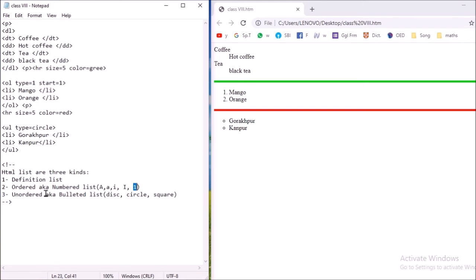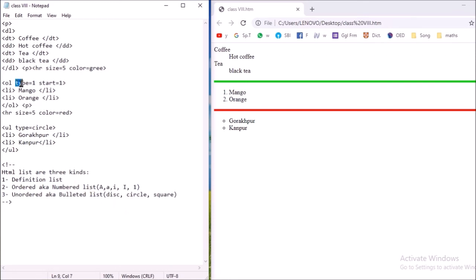And there are 3 kinds of unordered list. Disk means black disk. This is the default. When you do not give any setting in an unordered list, the default bulleted list is black disk. Then circle and square. And by default the numbered list is Arabic numbers if you do not give any setting.